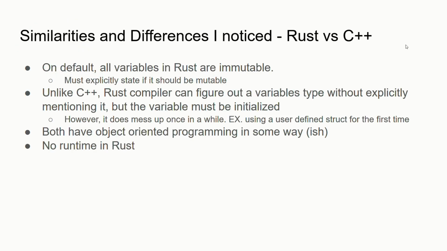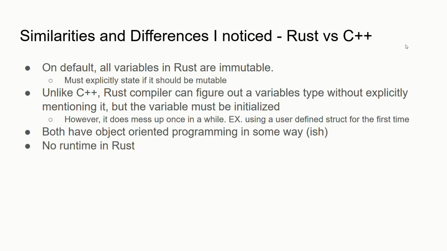Before showing my project, I want to quickly use these slides to talk about my experience of using Rust compared to using C++ on this project. One thing I noticed is that all variables in Rust are immutable by default. You must explicitly state if you want variables to be mutable. I found that having all variables immutable made it easier to debug, as you know what parts are moving,